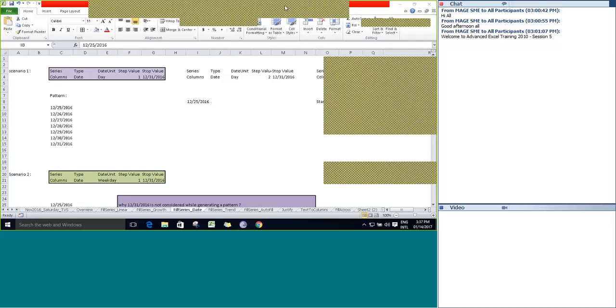Seshagiri, I am repeating this particular scenario to you. To generate a string pattern, we should have the start. So the user has to provide the start value by default. Otherwise, the system won't generate the string pattern. Able to understand this? You have to provide the start value to use the fill series command. Without a start value, the system won't understand from which particular value it has to generate. Able to understand this? Fine.